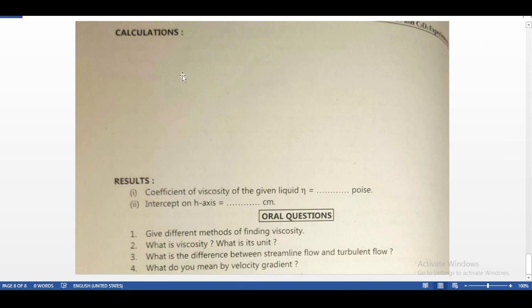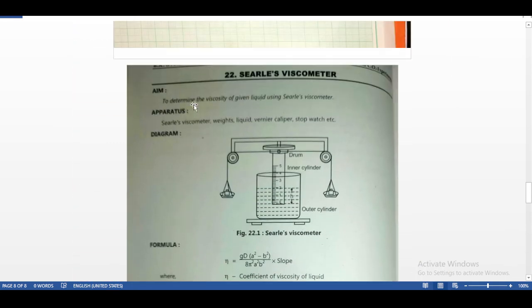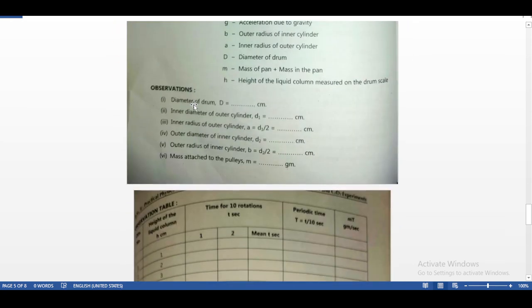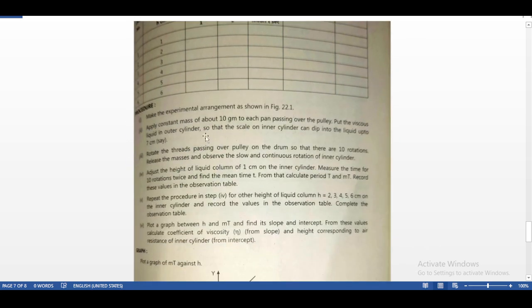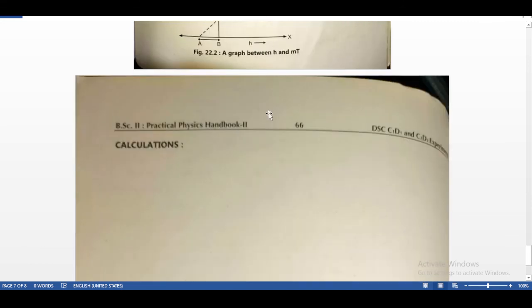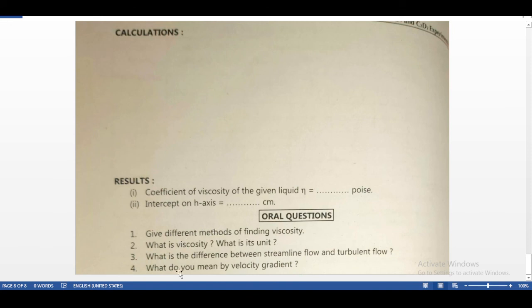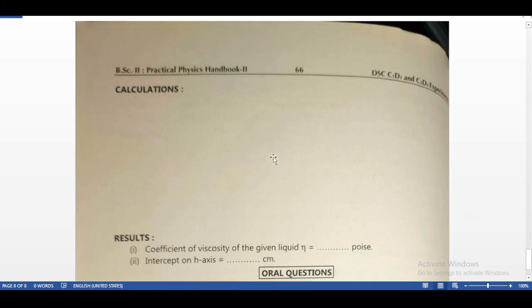While facing the online practical examination, you should know what liquid we are using here for the determination of the coefficient of viscosity. The name of the viscous liquid is glycerin. What is viscosity? What is Searle's viscometer? Then you have to prepare these answers while facing the practical examination. As I told you, the total practical for the determination of Searle's coefficient of viscosity of viscous liquid as